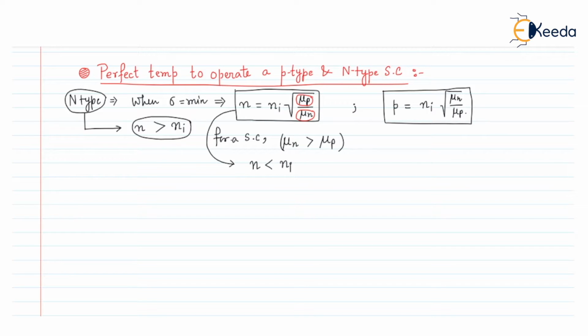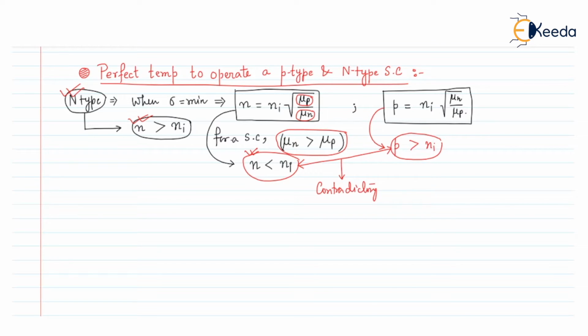So we can say that the electron concentration n will be less than the Ni value. Similarly, from the p equation, using mu n greater than mu p, we can write that the hole concentration will be greater than the Ni value. So if we look at these two conclusions, that p, the hole concentration, is greater than Ni and the electron concentration is less than Ni, but for the n-type material we know that the electron concentration should be greater than Ni, we can say these two conclusions are contradictory for an n-type semiconductor,